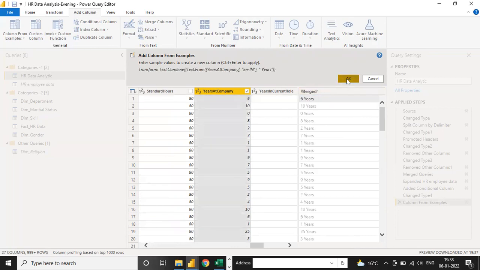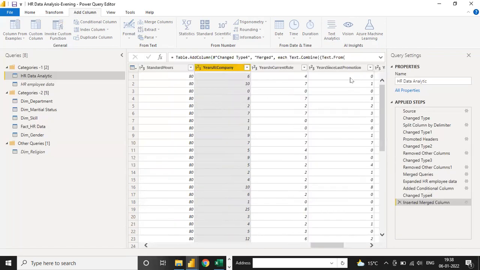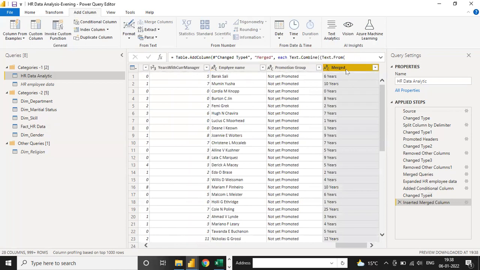Click OK, and you can see the preview for all rows: 10 years, 0 years, 8 years, 2 years, like this. Click OK, and the last column will be added, and here you can name it service period.